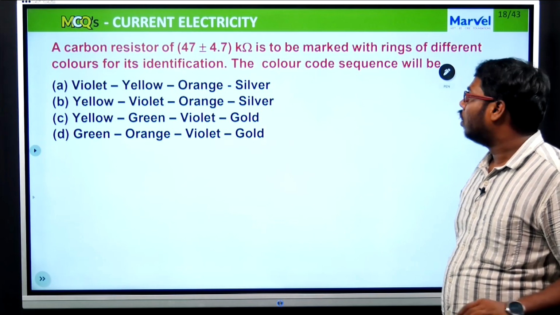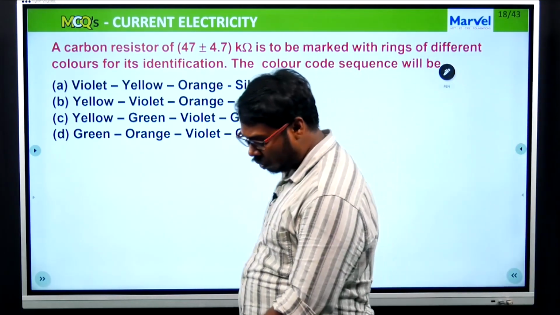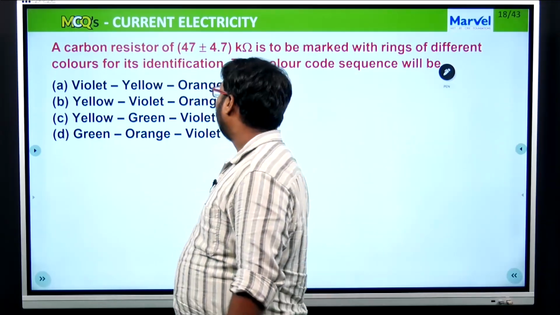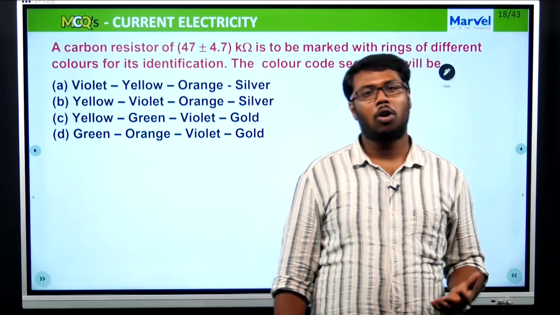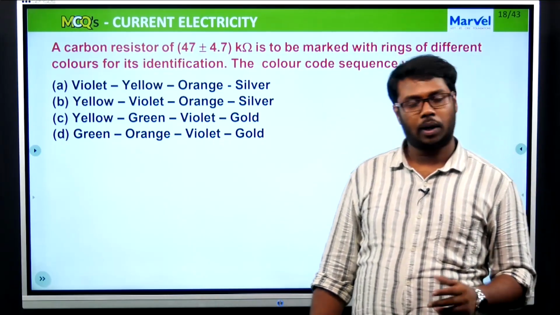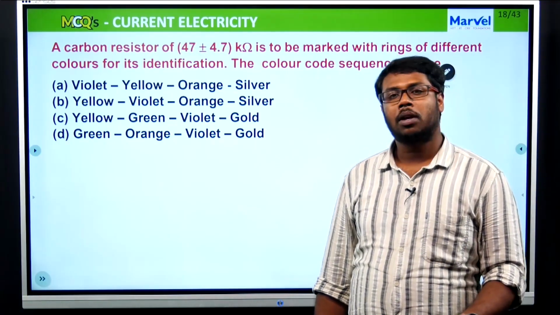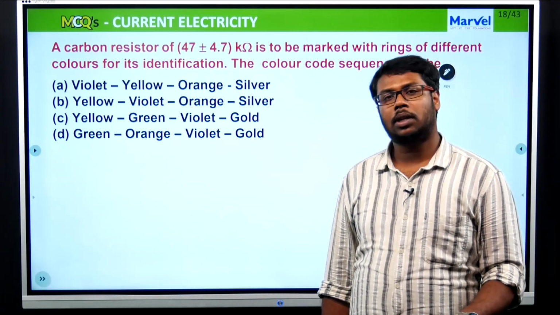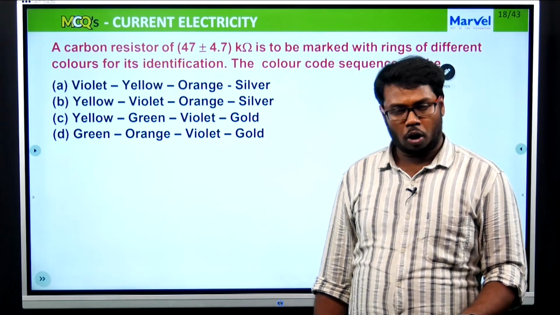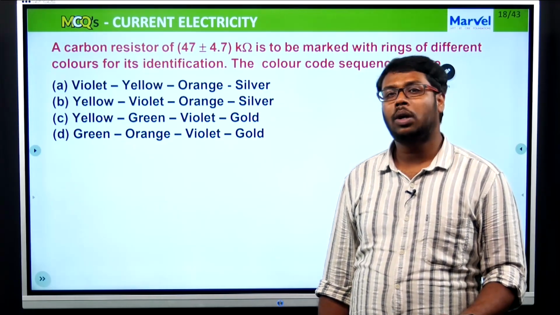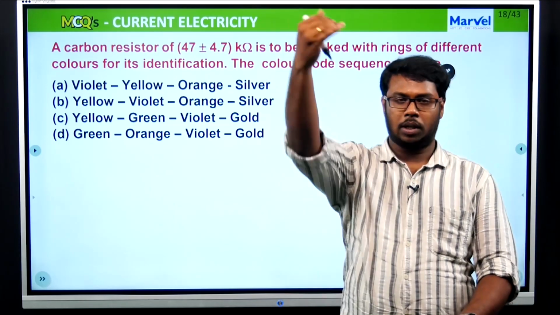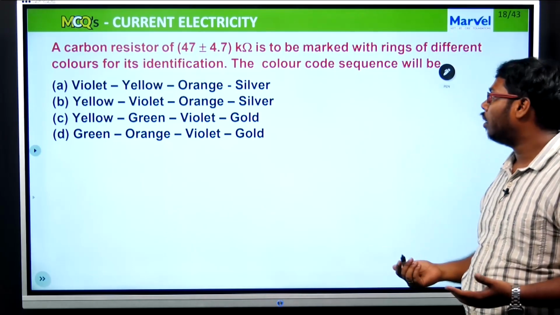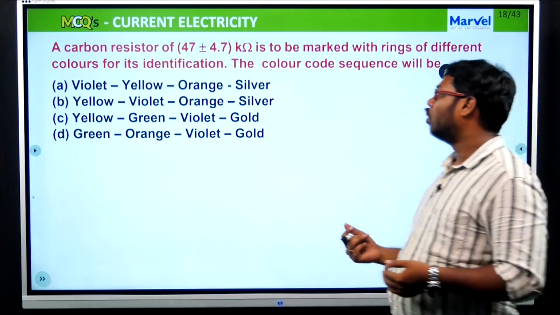Now the next question is again a very simple question. It's a carbon resistance. I hope you people are familiar with the tabular column which is available in your textbook for the carbon resistance. I think you will be using a mnemonic to remember that. The mnemonic is B.B. Roy of Great Britain was a very good white scholar. So it starts from black and goes continuously. I think I don't have to explain it again. I will be directly going into the question.